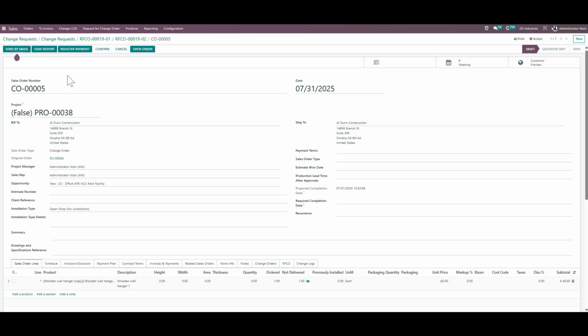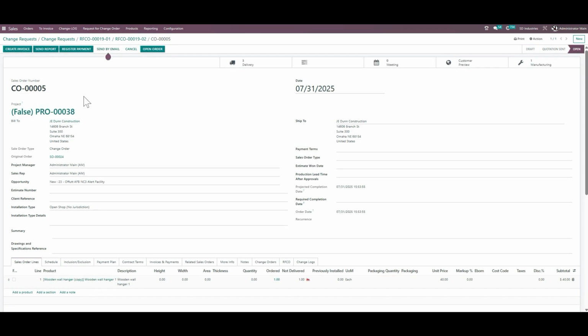All the orders that you convert from the RFCO would have the initials CO, that is a change order, and the normal sale orders that you create from the estimate would have the initials SO, that is the sale order. That's how you can differentiate the change orders and the sale orders for a certain project. Once you confirm it, this gets converted into the sale order,